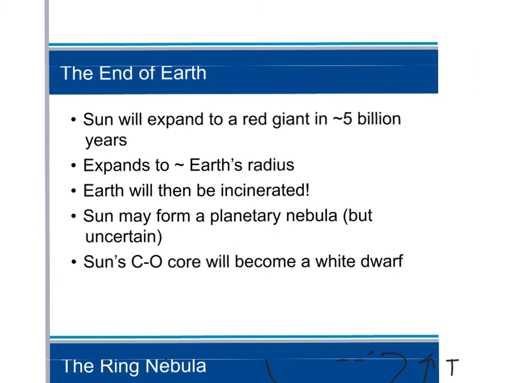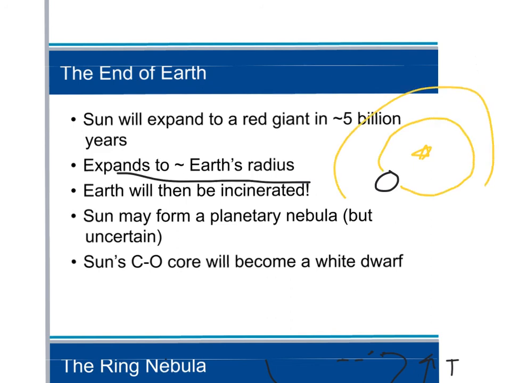One thing I want to point out, we talked about this part about the relative nature of the sun expanding to the Earth's radius. A lot of times we think the sun is bigger than the Earth. Well, that's not true. That's another misconception. The Earth is rotating around the sun. The sun is a star, and the Earth is rotating around it, and so are the other planets. All the planets are rotating around that sun. But the sun is not bigger than the Earth. When it gets to be the same size as the Earth, it's going to incinerate the Earth.